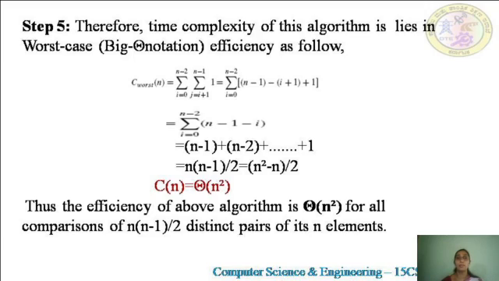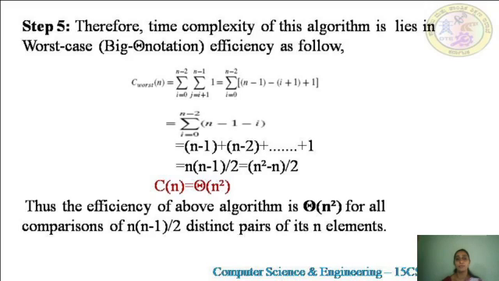Before representing with theta notation, we need to simplify the formula as C worst of n is equal to sigma i equal to 0 to n minus 2, sigma of 1, where j is equal to i plus 1 to n minus 1. The inner sigma can be reduced as n minus 1 minus i plus 1 plus 1,